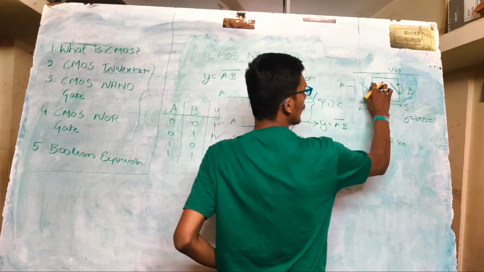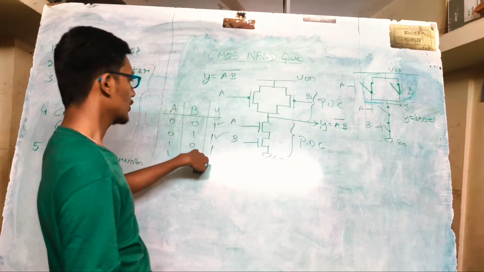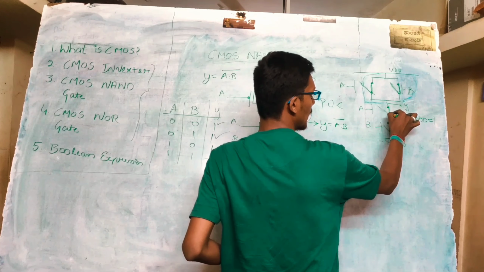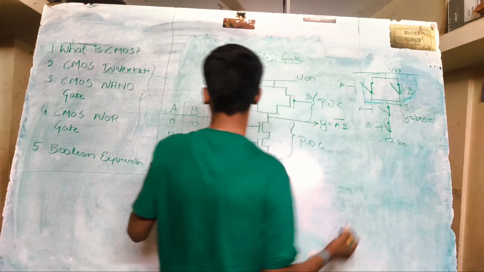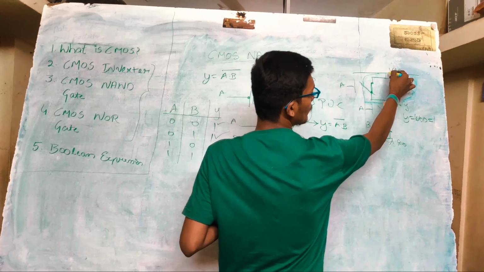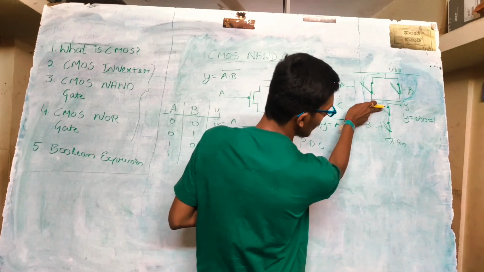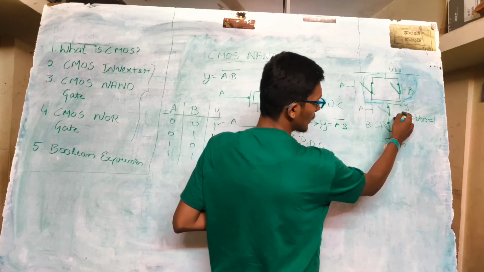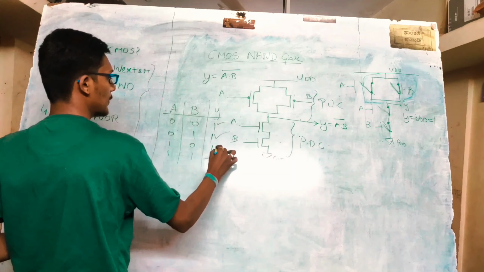So 1 0 is exactly opposite. A will be off, B will be on, due to logic 0, and PMOS works at logic 0. So this is closed as A is 1 and NMOS is closed at logic 1, and B will be open circuited as B is 0 and NMOS won't work at logic 0. So now we have a path established between VDD through B to Y. So output will be Y is equal to VDD. We don't have a path established to ground, because in spite of having A short circuited, we have an open circuit at B. So this path is incomplete, and Y is equal to VDD, that is equal to 1.